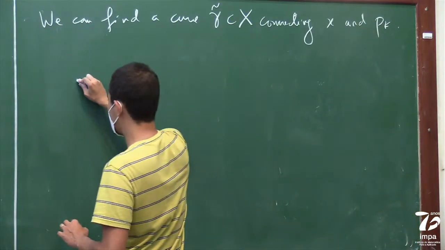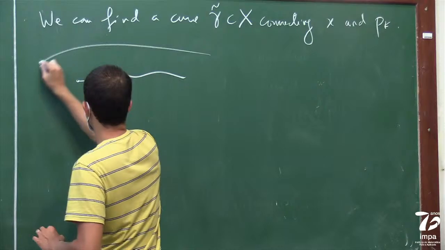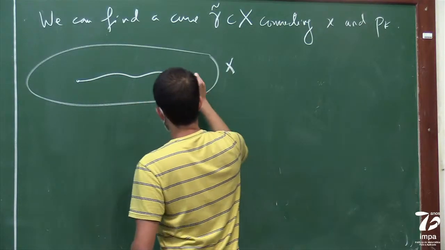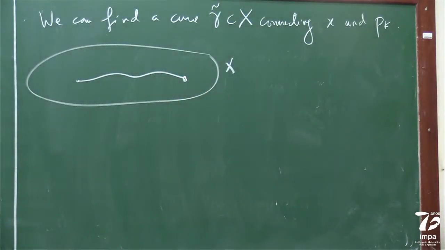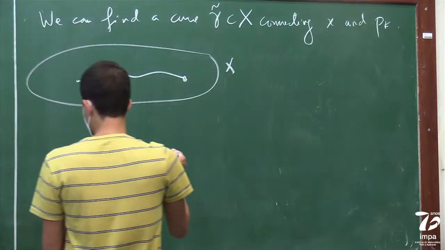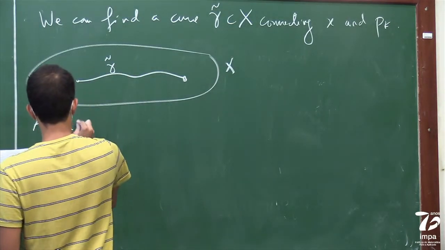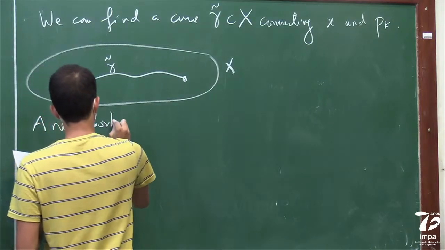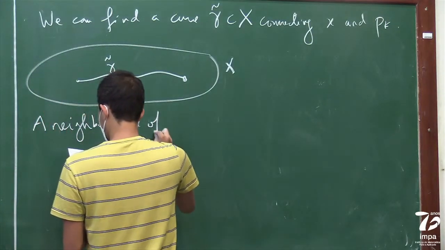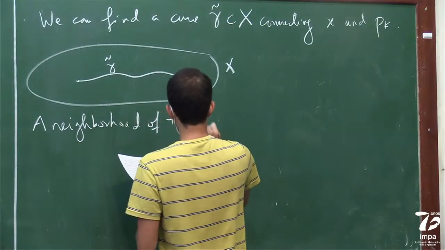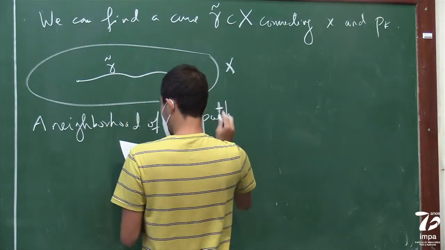And now by the tubular neighborhood theorem, so if this is my x, I can use the tubular neighborhood theorem to say that a neighborhood of this path